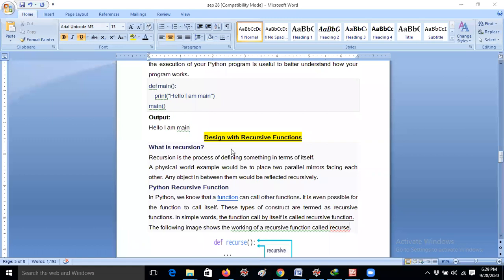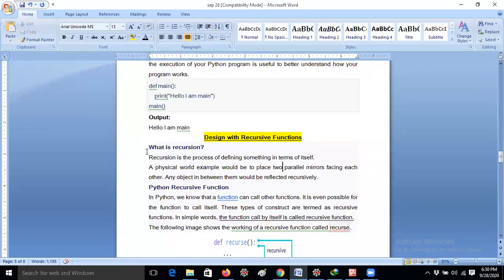Because this is a very easy and important concept, guys. What is recursion? It is very important. If you have notes, you should write the definition: a function that calls itself is called a recursive function. You should write this line. A function calling itself is called recursion. This is a very important definition, guys. Hope you understand.